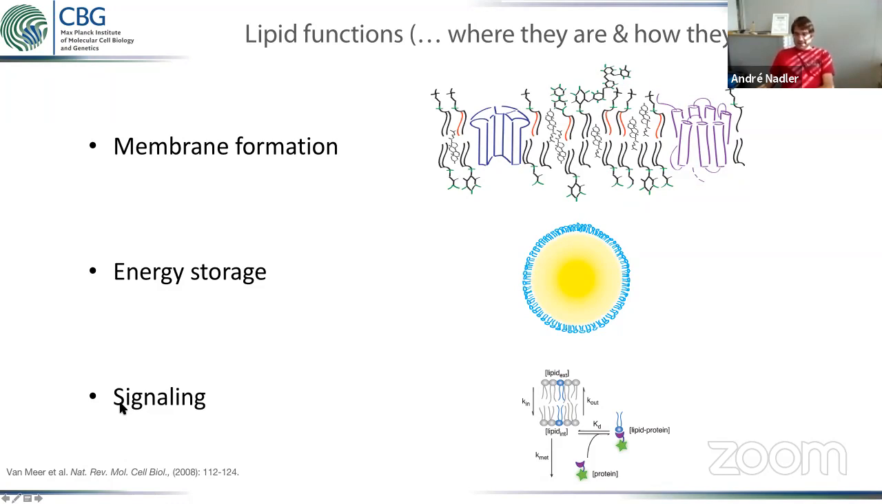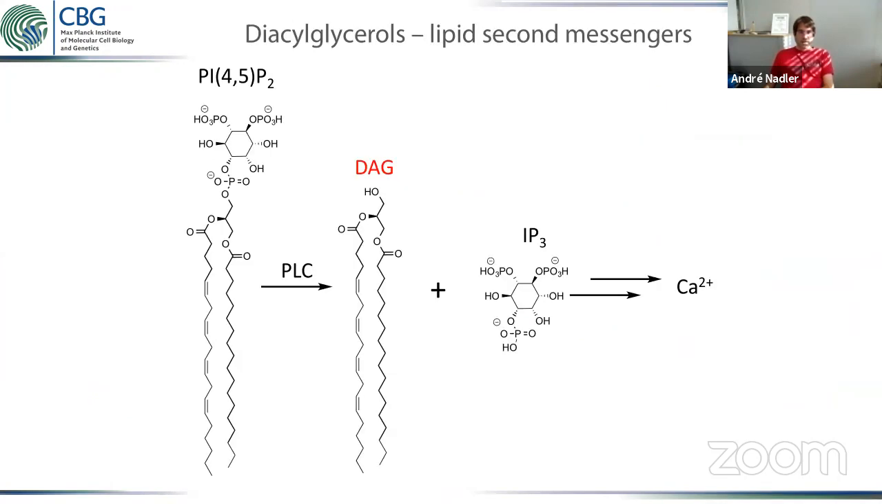And I think this is where we can argue that the cell would benefit a lot from having multiple species there that would allow it to fine-tune its signaling pathways. Now, the example that we're going to look at today is diacylglycerol signaling, which is arguably the most prominent class of lipid second messengers. And if you look at how they are typically generated in the cell, it is that you